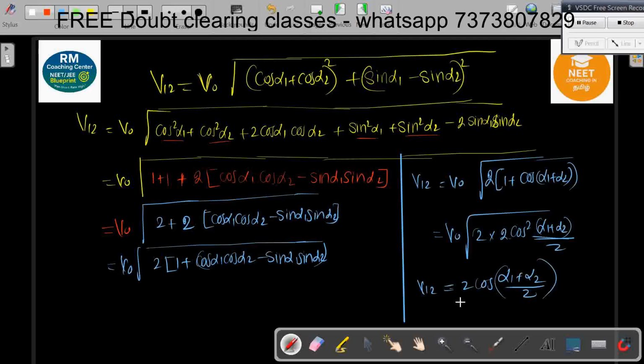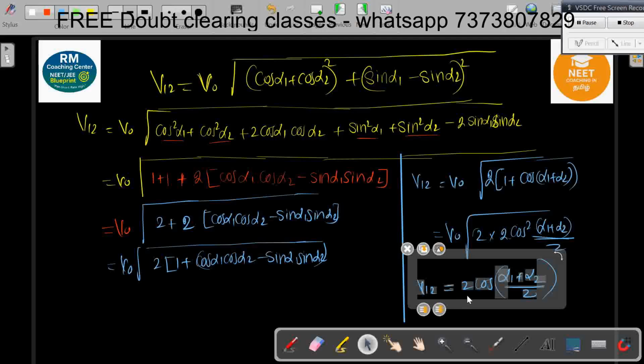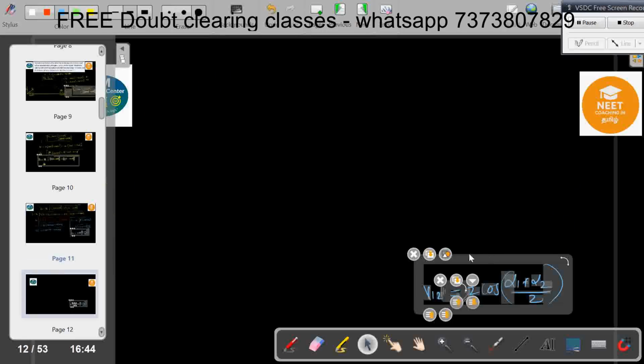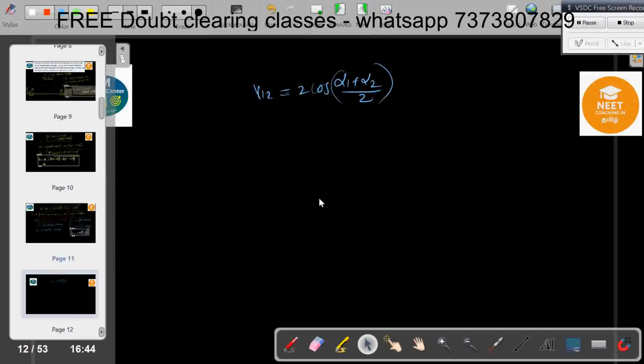This is the relative velocity term. We found the relative velocity. Then we need to find the distance. Till now we have found the relative velocity between the two particles, which is 2 cos of alpha 1 plus alpha 2 by 2. The relative distance is equal to relative velocity into time. So the answer is 2 cos